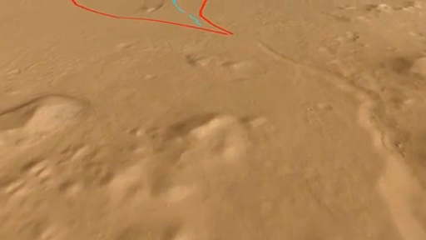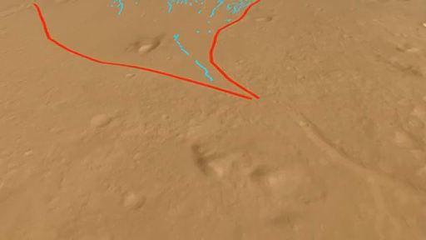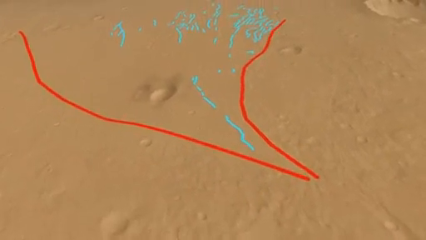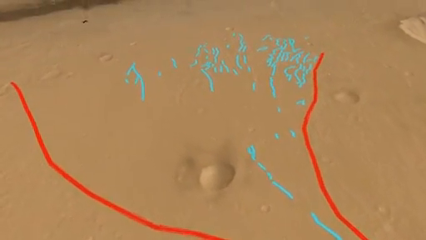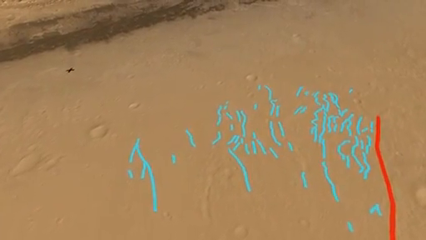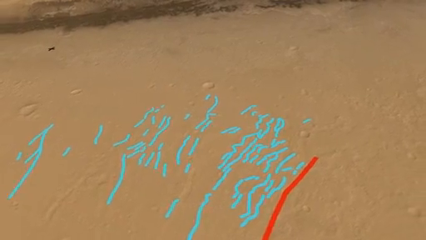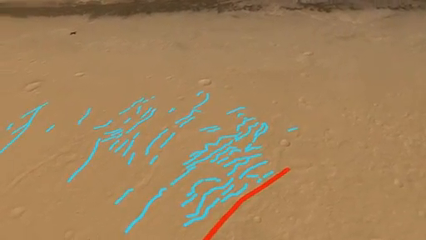Here we count about 24 separate fossil channels that played a role in building the fan that we're flying over. In the horizon, you see the X that marks the position of the Curiosity rover. This fan was built by erosion then of sediment in the canyon wall that was brought out and spread across